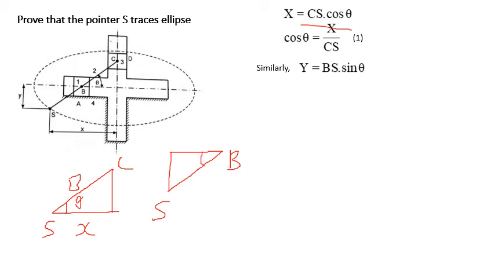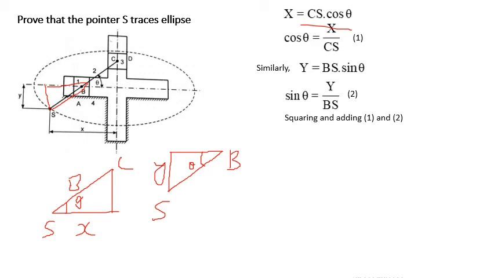And this is angle theta, and this is Y value. This is Y value, this triangle. So here I want Y value, therefore Y can be written as BS into sin theta, because this is opposite side, no? Y is opposite side, therefore opposite side of right angle triangle, Y is equals to BS into sin theta. So sin theta can be written as Y by BS. Let me call this one as equation number 2.